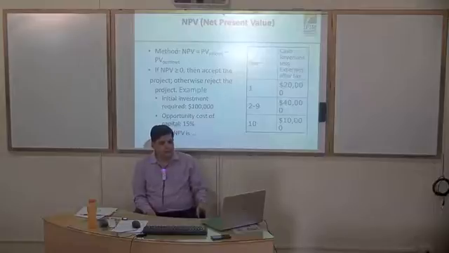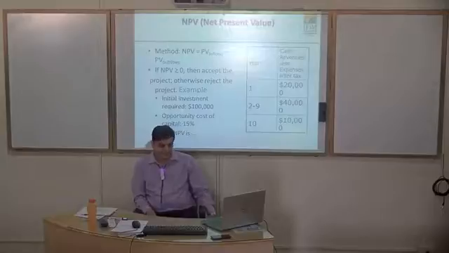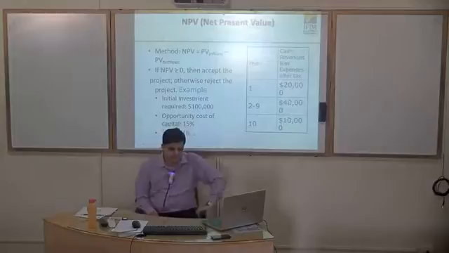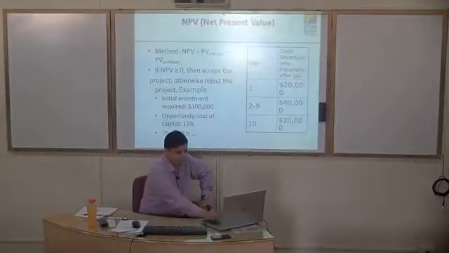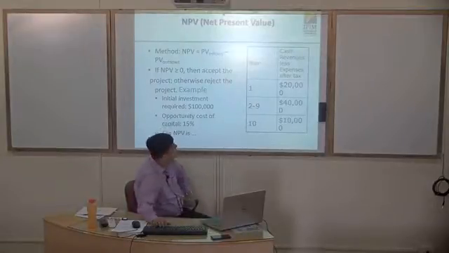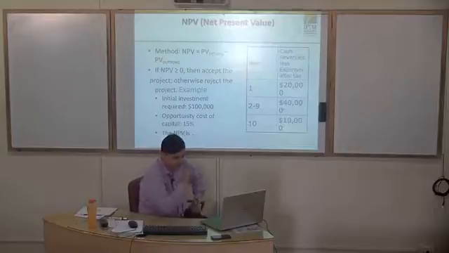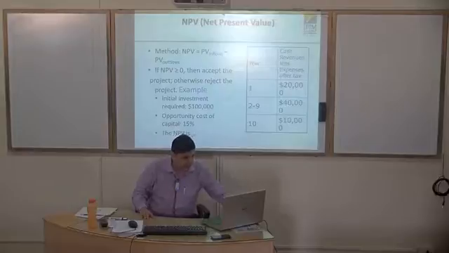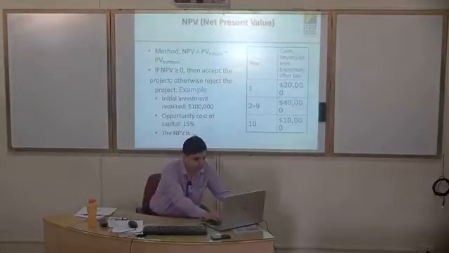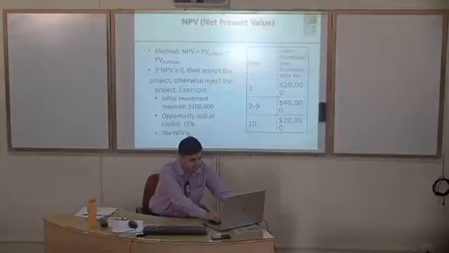Initial investment required is $100,000. Opportunity cost of capital is 15%, which is again the discount rate, and we have the cash flows given here. I want you to go to an Excel sheet, do this mathematics and come out with the answer. Okay, what I'll do is I'll share the whole thing. I had done an Excel sheet to show you how it works. What I'll do is try to recreate the whole thing now on an Excel sheet for you.